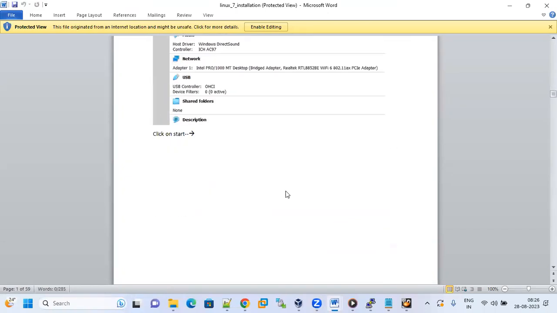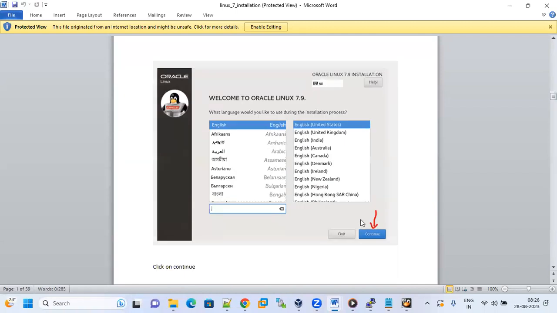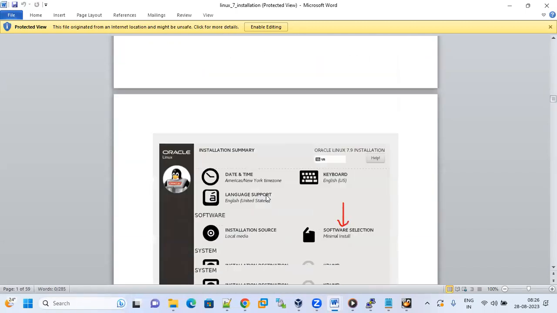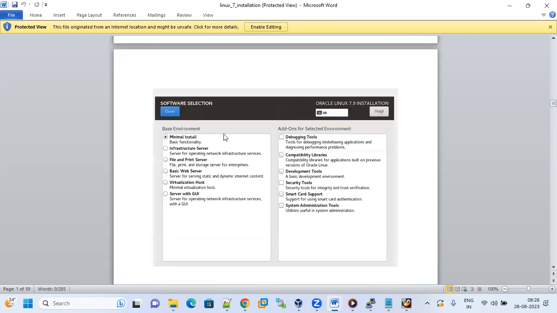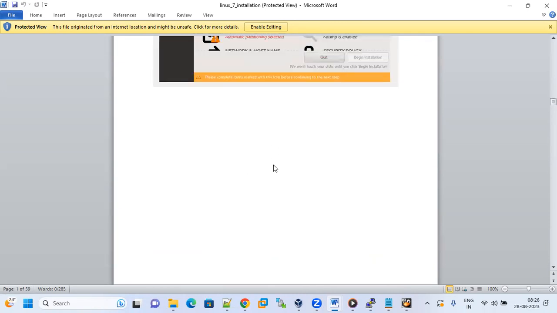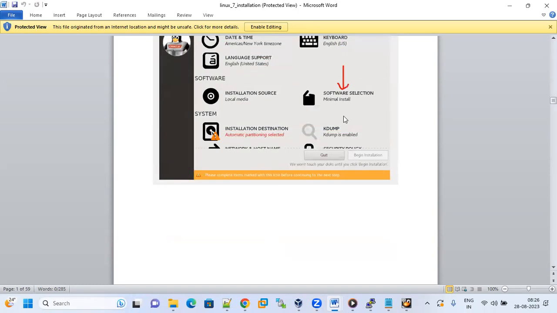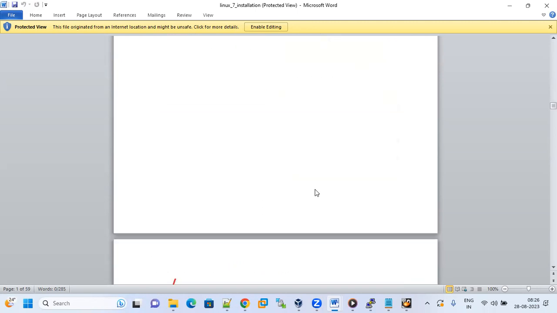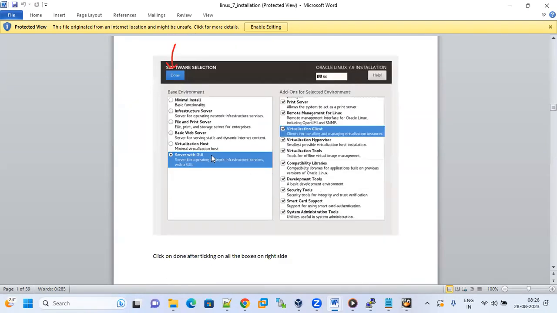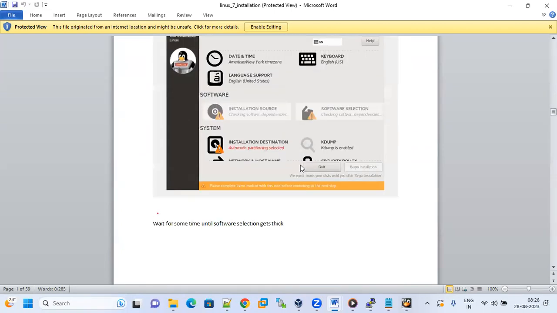You can click on start. It will start the installation. So here you can see configure. Then next is software selection. The screens will appear slightly different compared to 6.9. In software selection, here select the minimal installation. Here you have to select the server with the GUI. On the right side, you have to select all the things. Next,